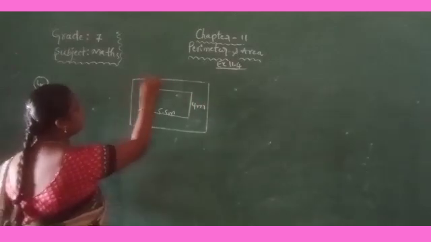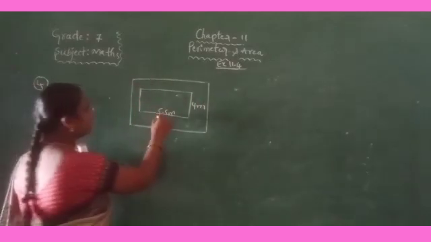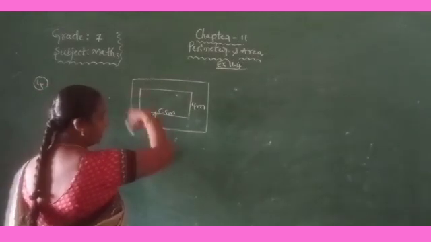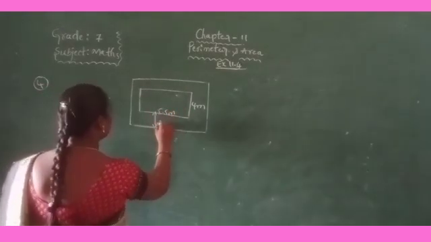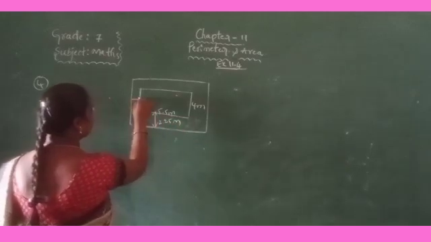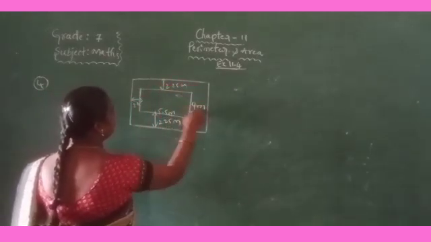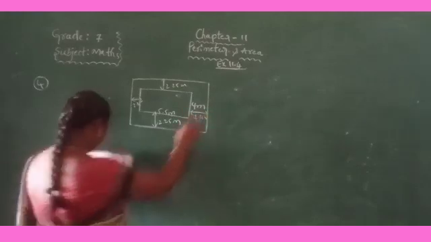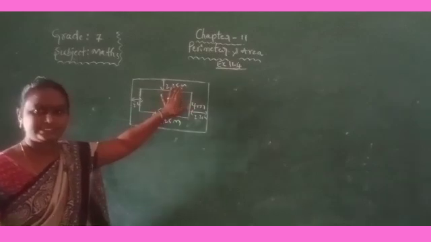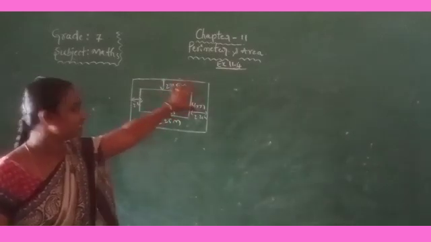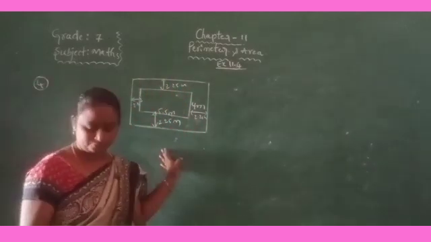So the veranda is constructed. How much width does it have on all sides? 2.25 meters, on each side of the room. This veranda is constructed with 2.25 meters to the outside of the room.